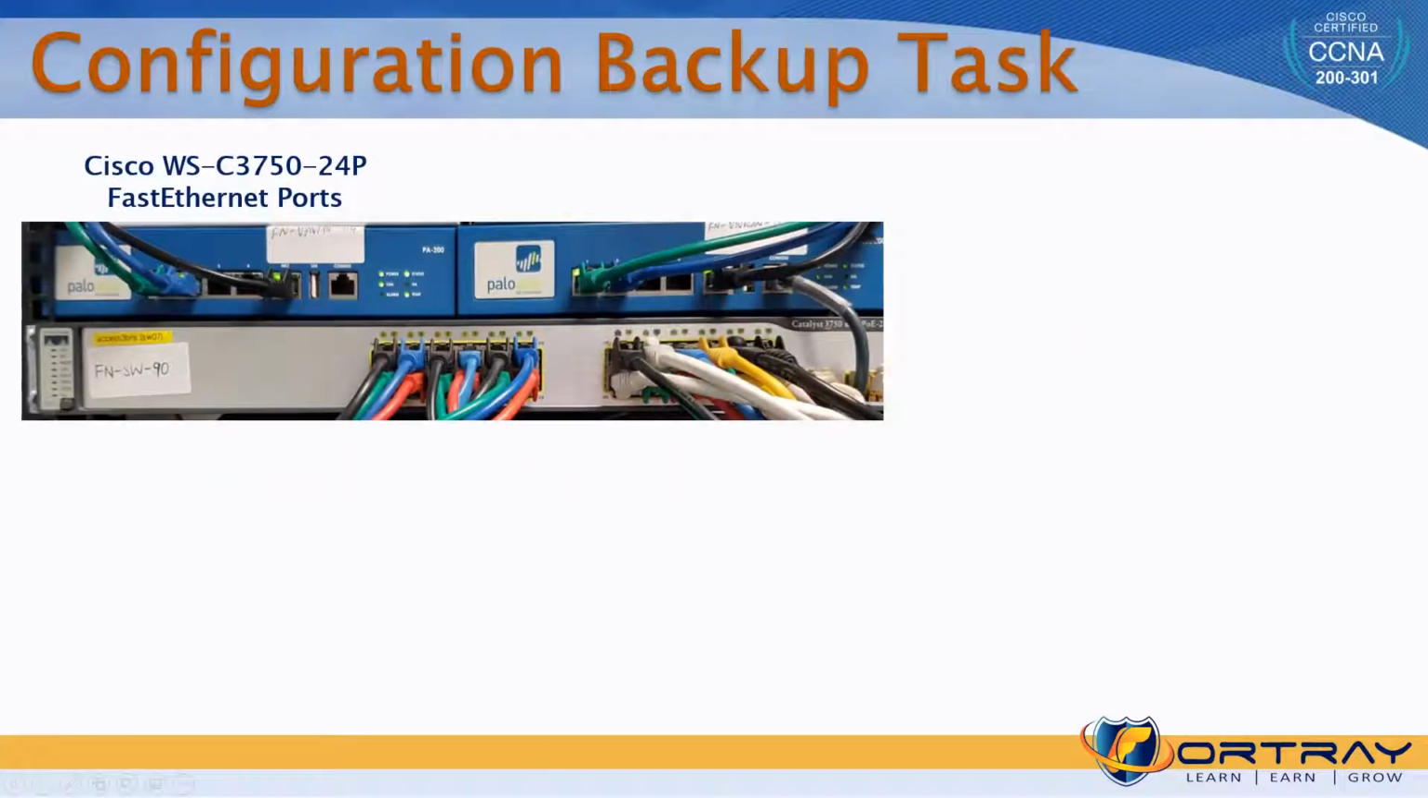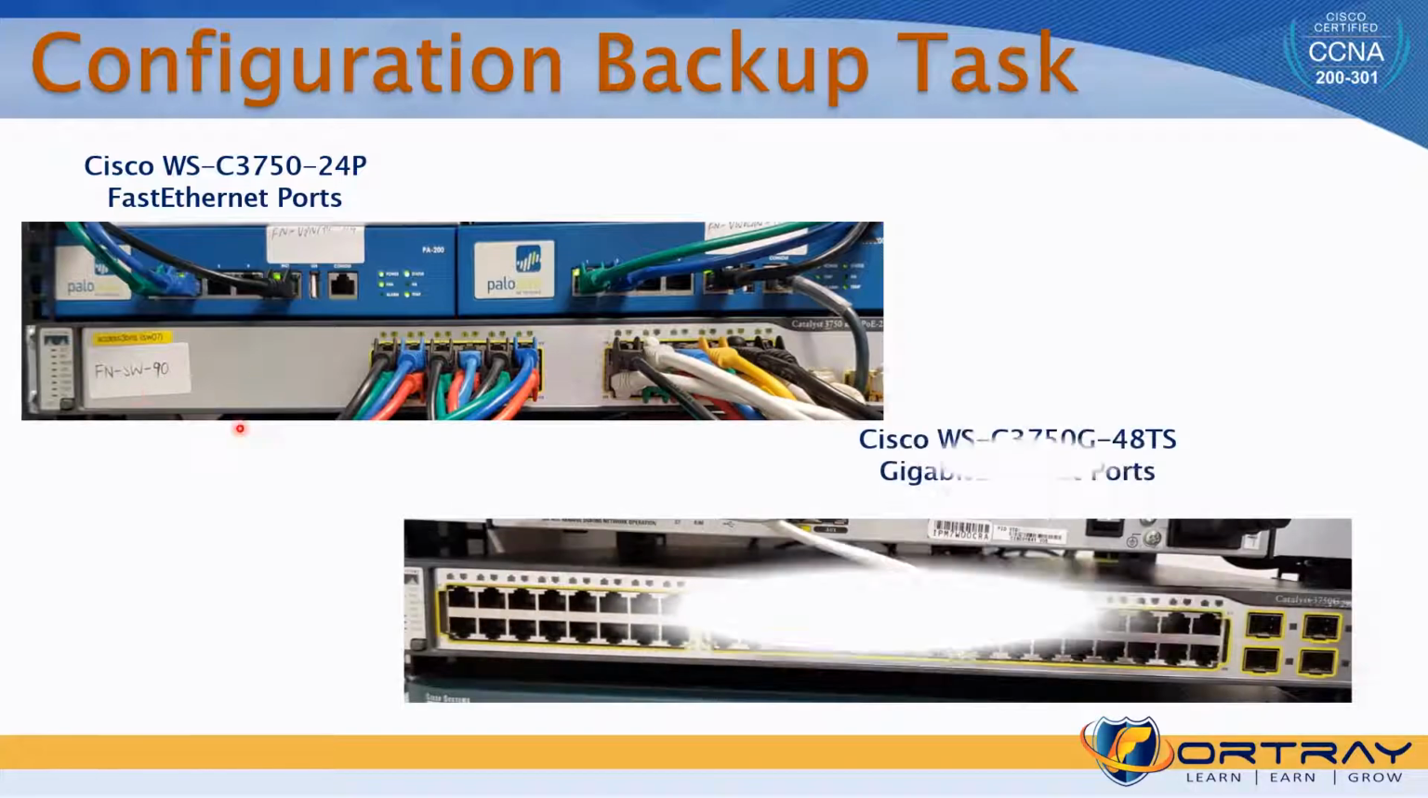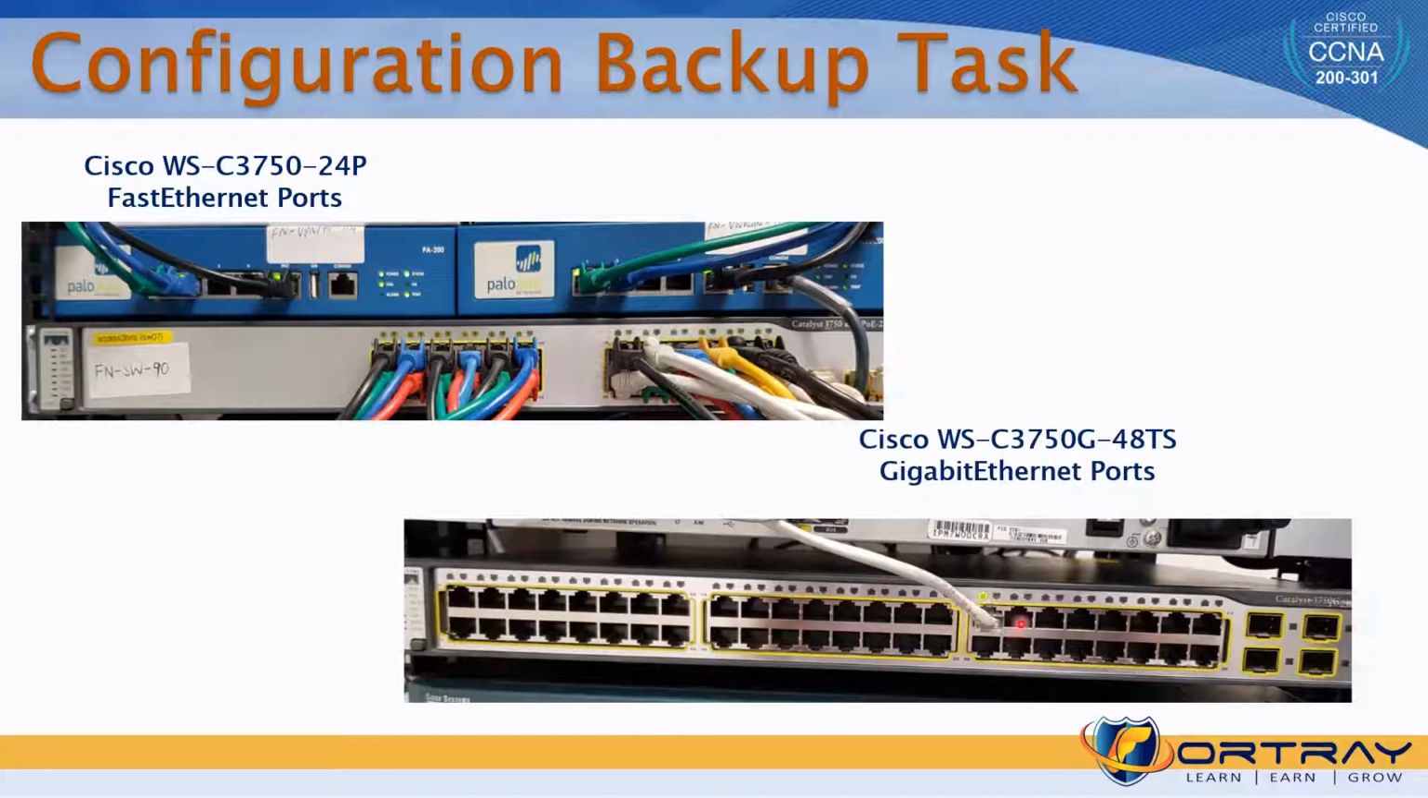We have two LAN switches here, already connected in our rack. One is a 3750 with 24 ports, and the name is FNSW90. The other switch is already in the rack as well, a 48 port gigabit switch. It has 4 SFP ports and the rest are 48 gigabit Ethernet ports. This switch will be replaced with this switch, but before we do that, we need to take the